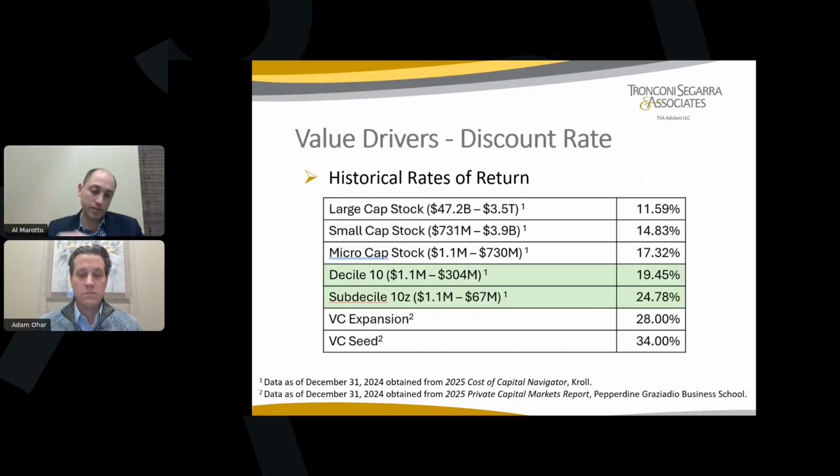Once you get above 25%, you're starting to get into that VC, venture capitalist type of rates of return. You're getting into those startups, those seed companies, those small companies. Of course, you would expect a higher rate of return required and a higher risk profile because they're new companies. And VCs build that into their entire basket of investments, because one may be the ACV of tomorrow and kill it for you, but then you have 10 that just don't do much. So you build in a general risk rate of 35% or 28% when you go to invest.